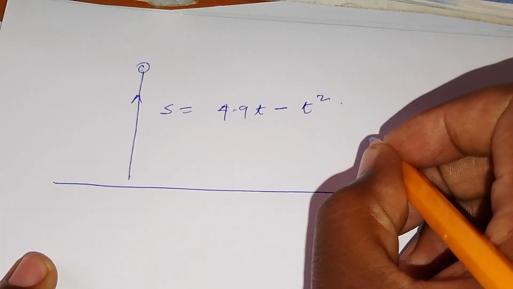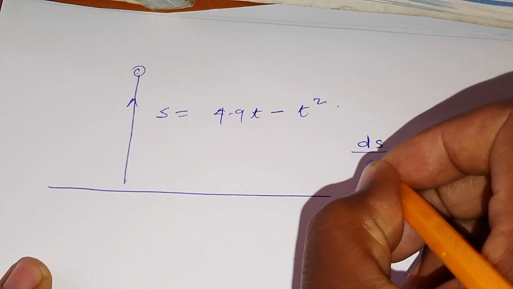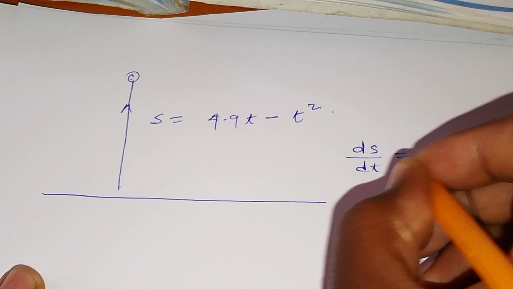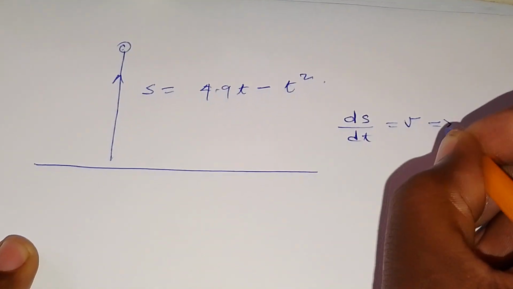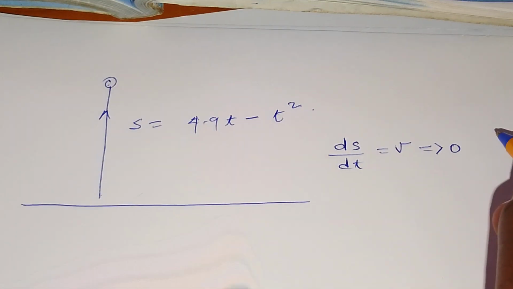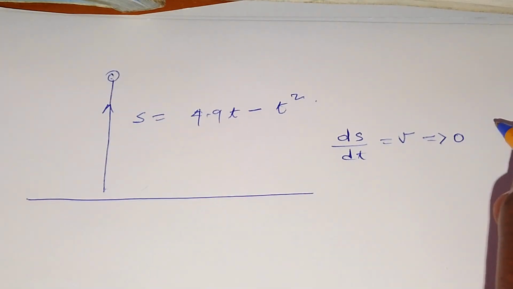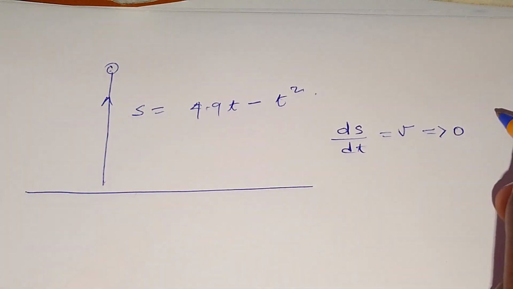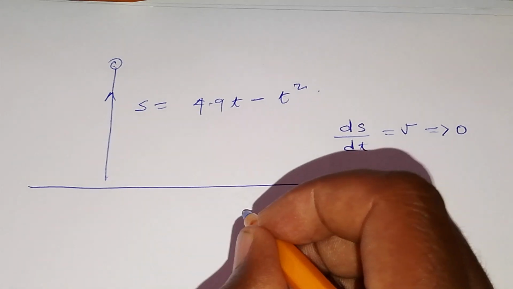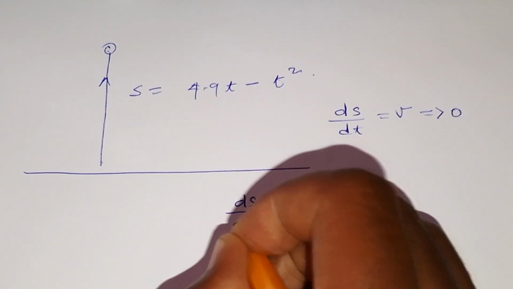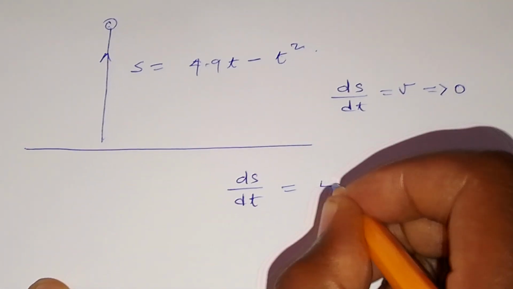to differentiate s with respect to t in order for us to get the velocity, which we are going to set equal to 0, and then use that time that you're going to obtain there and substitute in our displacement function and get the maximum height. Okay, so we are going to say ds over dt is going to be equal to